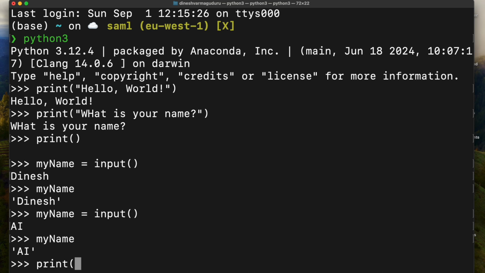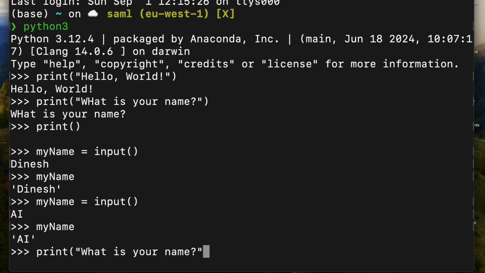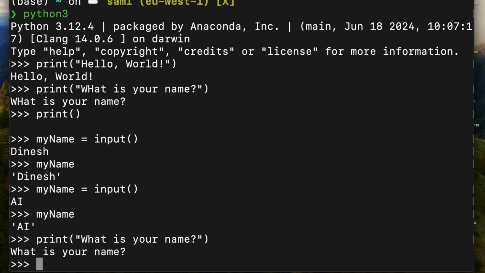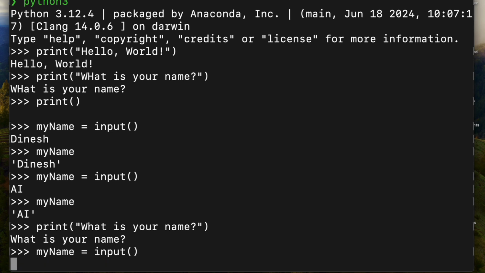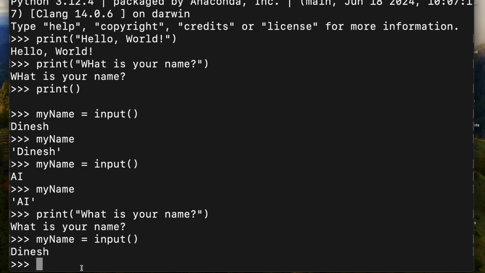Let's say I want to print what is your name, and then I want to say my name equals input. It will wait for the user to give input, and the user knows that it is asking for your name, and I'll type something, and